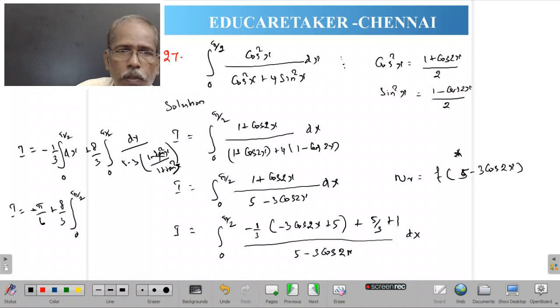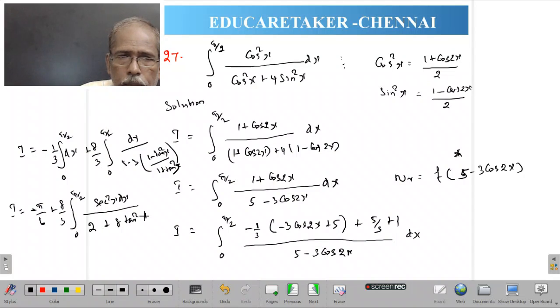1 plus tan square x becomes secant square x dx in the numerator. Denominator: 5 plus 5 tan square x minus 3 plus 3 tan square x. 5 minus 3 is 2, and 5 tan square x plus 3 tan square x, 8 tan square x, correct? And if we take tan x is